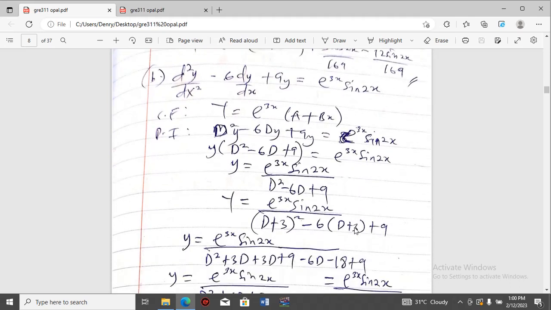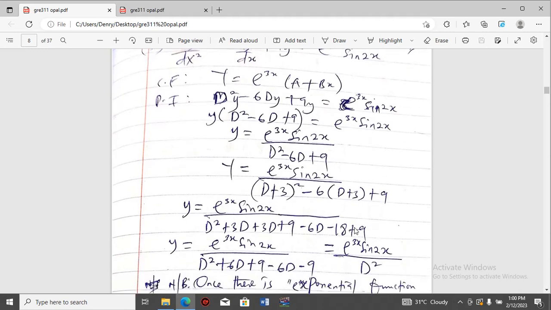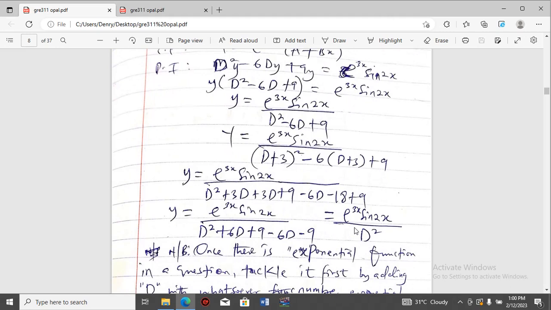Do you see? Now I'm showing the difference between dealing with exponential and dealing with just trigonometry. When we are dealing with just trigonometrical functions, we are focused on D squared, but here, wherever you see any D, just replace it with D plus 3, and you understand where I got the 3 from: the exponential function. So after doing that, you expand. When you expand, you have D squared left. Now remember when I said that